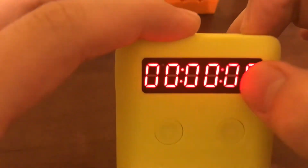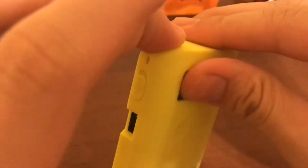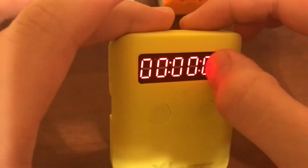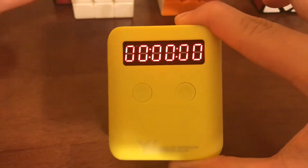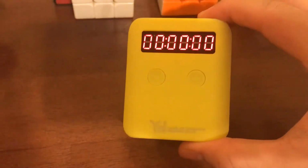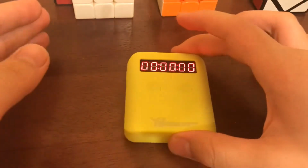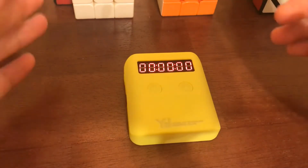And you can actually see the background of this thing, because it's sort of molded into there, and I'm not sure if this might bother some people, but the background, even the colors that are not lit up, does show pretty noticeably. So if that's something that you guys don't like, maybe try to avoid this timer, but it is at a very cheap price. So to me, I think it's pretty good, but it might not fit some people,